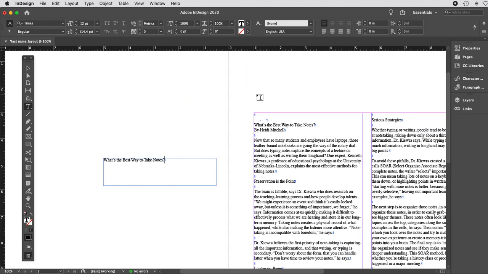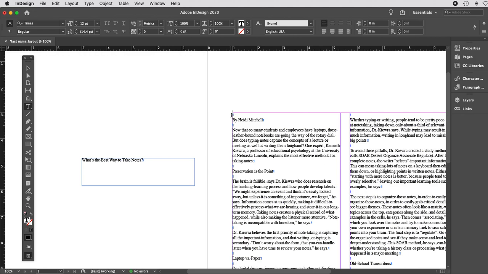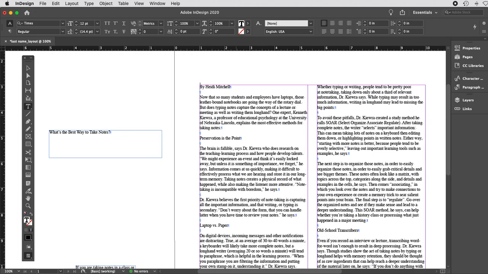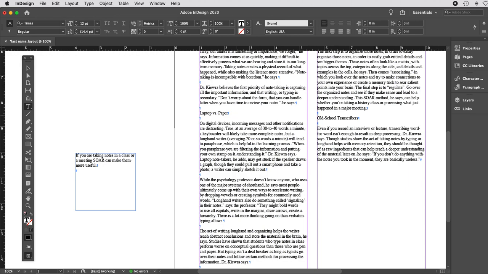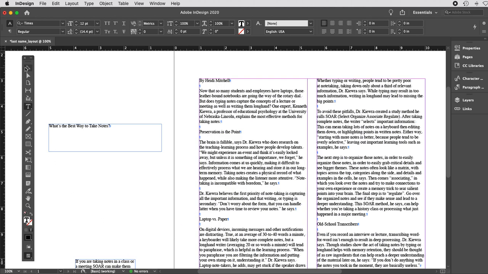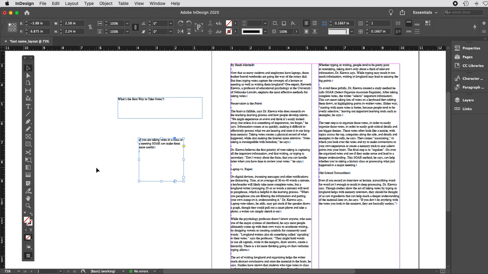I zoomed in a little, Command Plus, and I'm going to delete the excess information at the top left-hand column, hit delete, and definitely hit that extra return above the byline. Okay, so far I've gotten rid of a few of the extra parts that were contained within the MS Word file, and I've made them as elements to reformat and use later in my layout. I'm going to do Command minus,